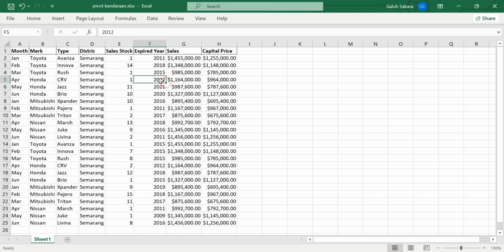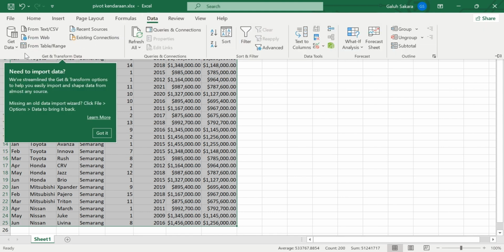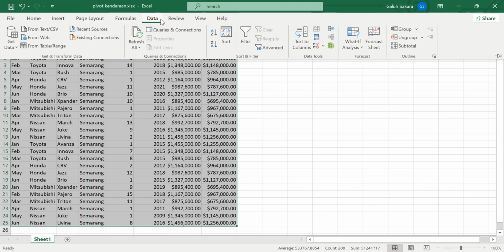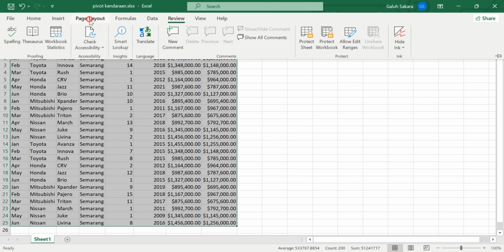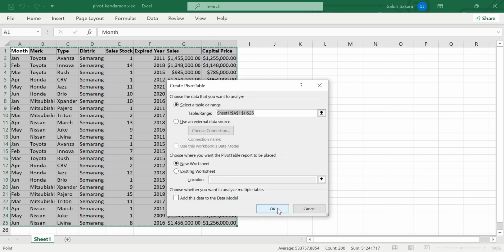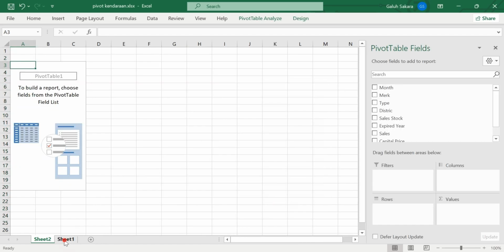To use a pivot table in Microsoft Excel, we need to press Ctrl A on your keyboard, and that means to block all of the data. Then we select the pivot table on the Insert menu, and then click OK. So the display will be like this on sheet 2. Okay,